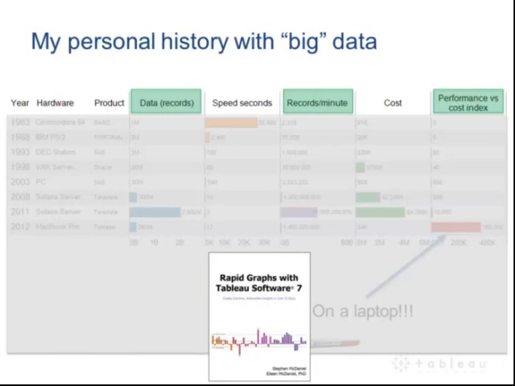So this is sort of my background and my history with big data. I love analyzing data. It's been most of my career, well, really since I was a kid. And hopefully this has been a fun sort of review of how much things have changed and how information that was previously attainable only to a few people is now available to pretty much anyone if they pick the right tools and learn some basic capabilities of those tools.